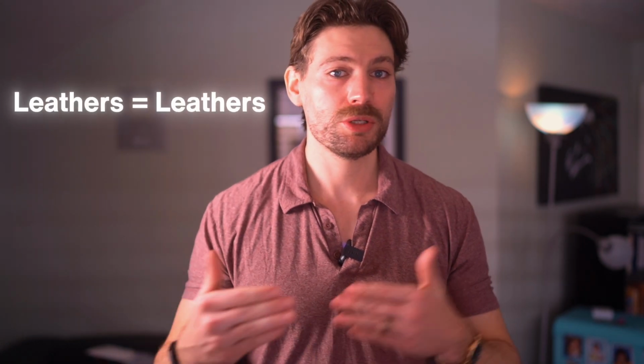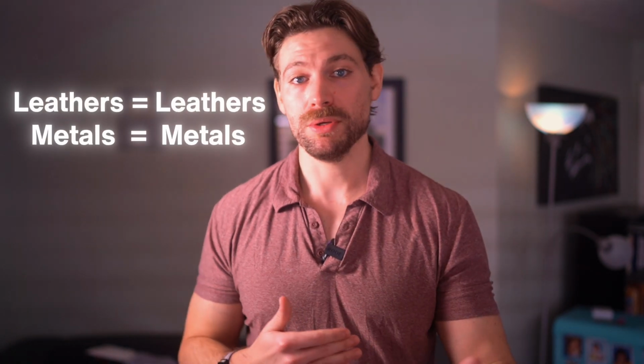So the general rule that I tell most guys who are trying to match their belts is to match leathers with leathers and metals with metals. However, this rule can be broken sometimes. For example, if you're wanting to wear white leather sneakers, I wouldn't recommend a white leather belt unless you're just feeling up to it and you